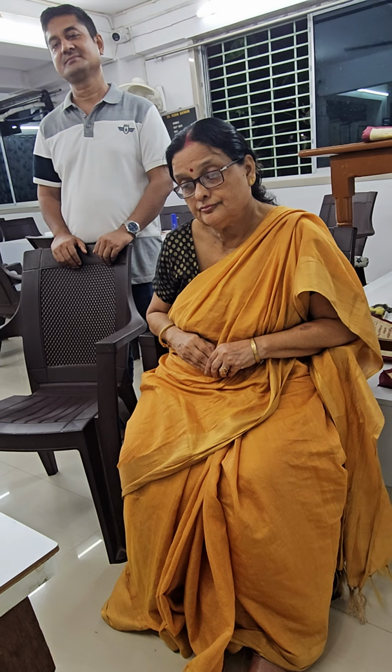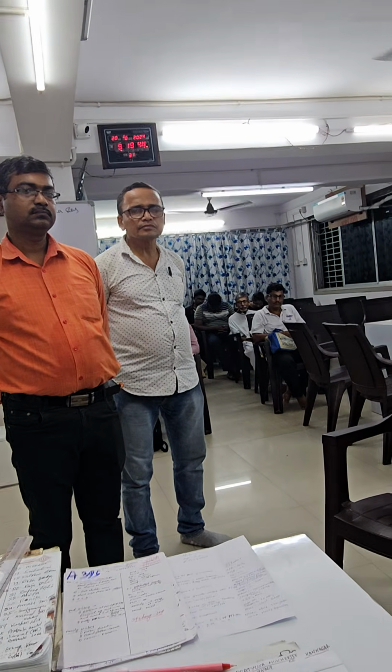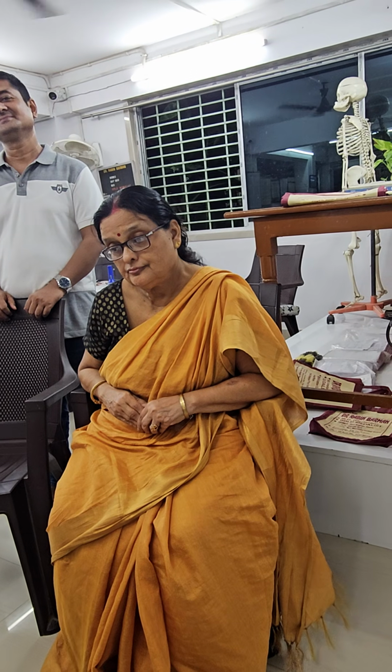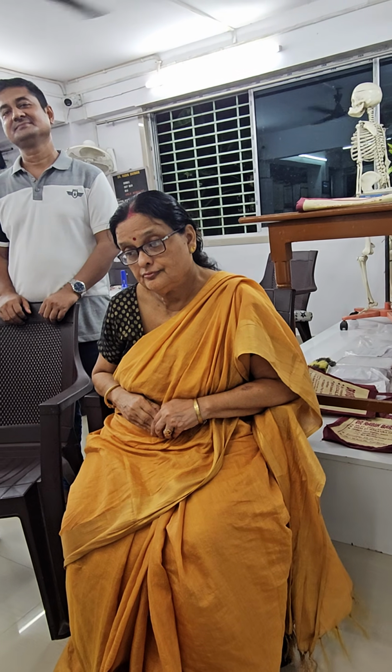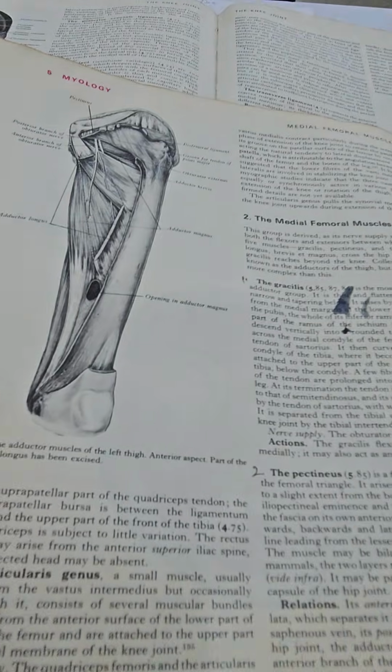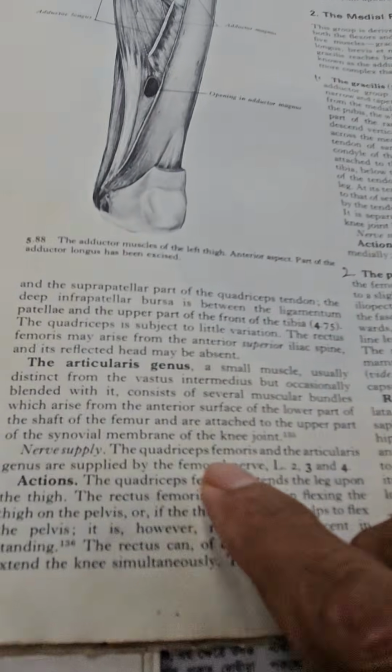This is the only muscle which is inserted into the capsular ligament of the knee joint. Any other muscle in the body originates from bone and ends at bone. This is the only muscle that originates from bone but ends not at bone, but at the capsular ligament of the knee joint. I will show you the character of the muscle. Now see from the anatomy book,